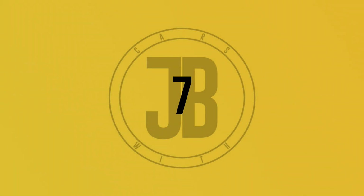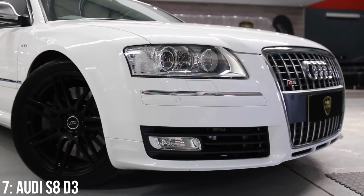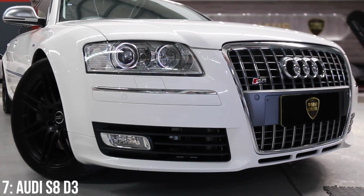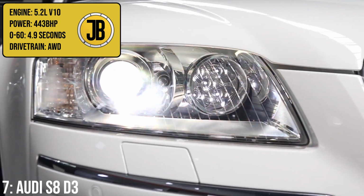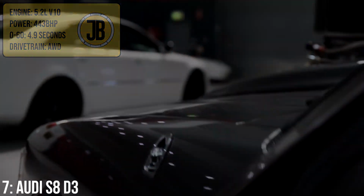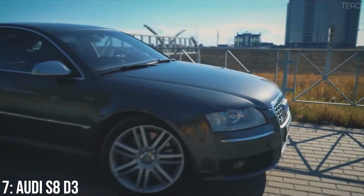In 7th we have a car that has already gained a pretty sizable cult following, the Audi S8 D3, or the second generation S8. The first gen is already sitting at around the 25k mark, but with this second gen you get the 5.2 litre V10, which produces 443 brake horsepower and takes itself to 60 in 4.9 seconds. This is a sports version of a luxury executive saloon, which makes it a bit of a sleeper in my books,